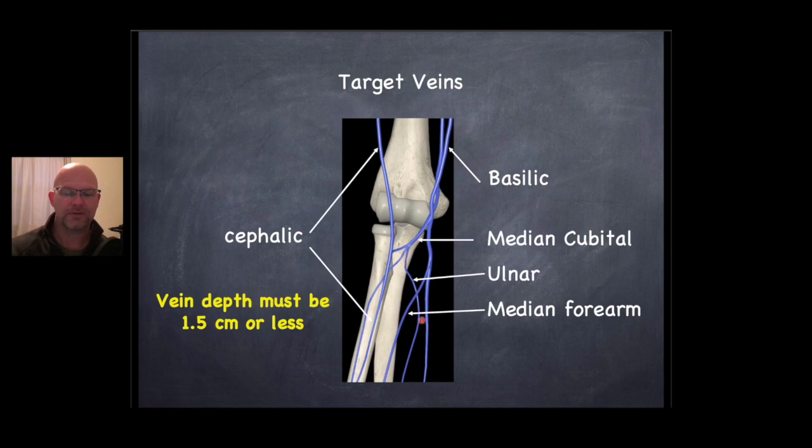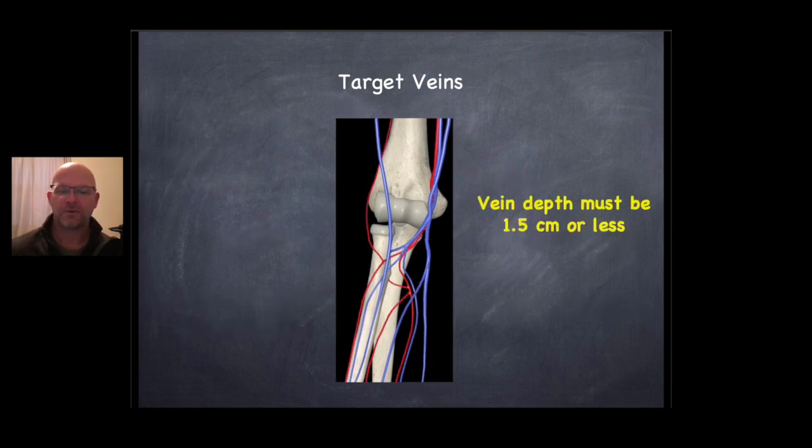But as you come down this forearm, these get to be that 1 centimeter deep, and you'll find that that's kind of your perfect setup for this type of access. And these tend to be very straight in that area. But what happens when we start overlaying our arteries with this? Remember, they are neurovascular bundles. So we're going to have nerves in this area. We're going to have veins and arteries. So